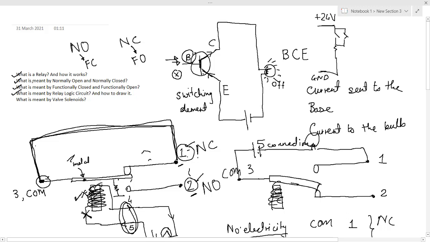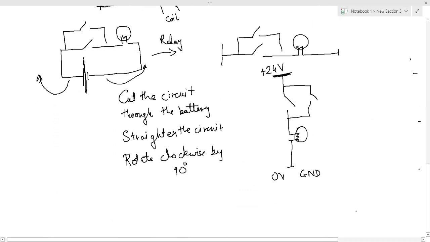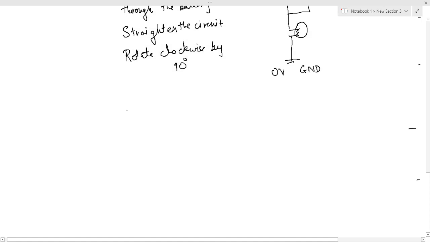Okay, and last, what is meant by valve solenoid? Basically when you have those 5x2 direction control valves, you have to control the position of the valve, you have to control its switching, right? So to control its switching, we use solenoids, right? This is the symbol. This is my 5x2 direction control valve, and over here there is this solenoid and there is this solenoid, right? This is the symbol in your